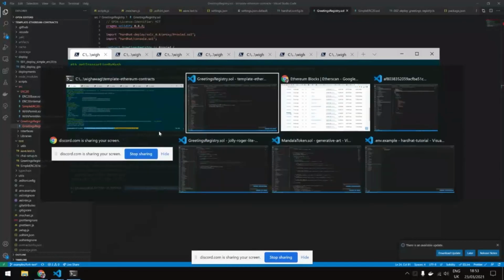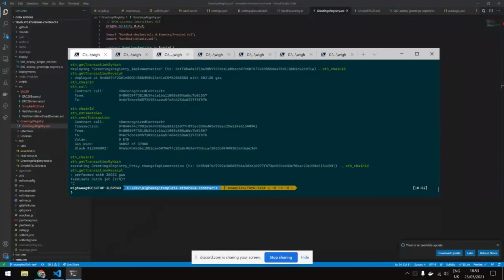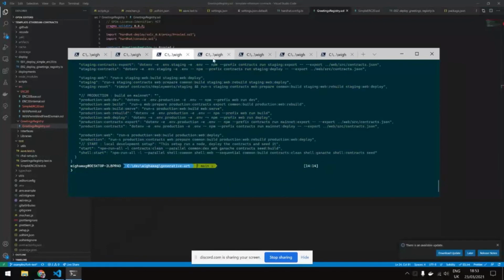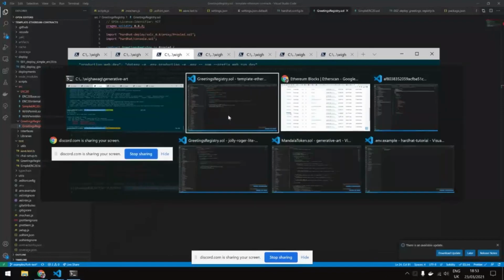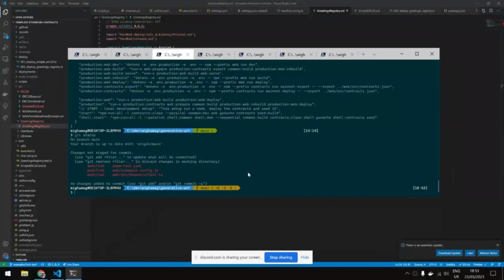So this is very useful, and I can showcase that with a project I made this weekend on the NFT hack. So this is Jolly Roger. The whole project was built on Jolly Roger, the light version. Jolly Roger comes in different branches, and each of them is a working template.